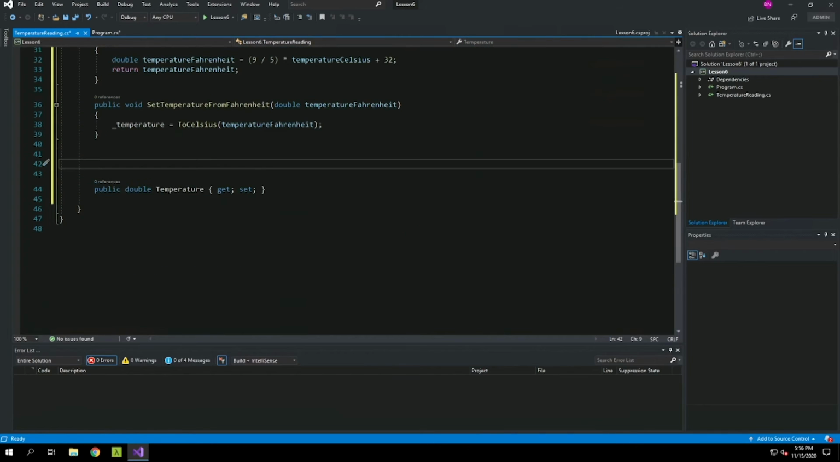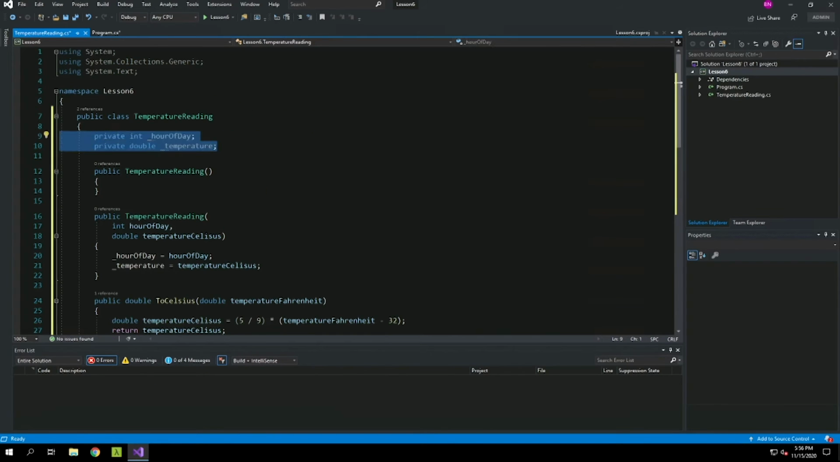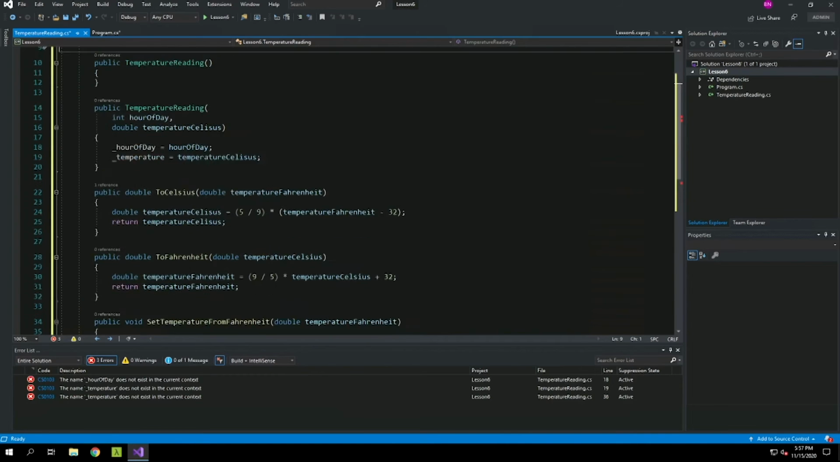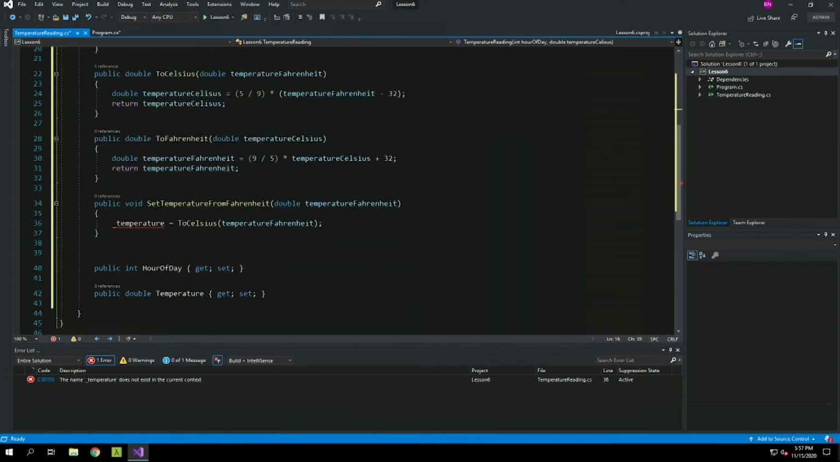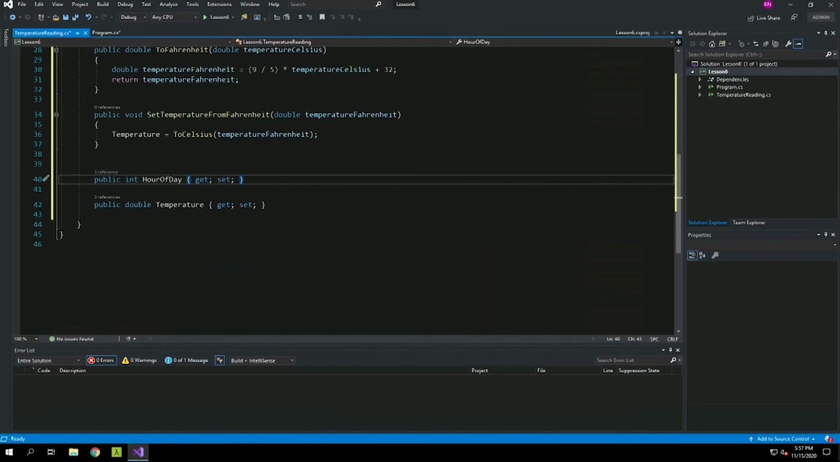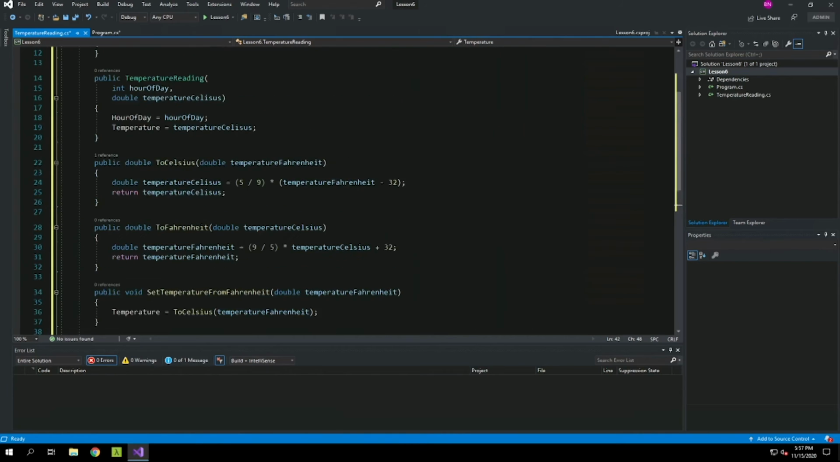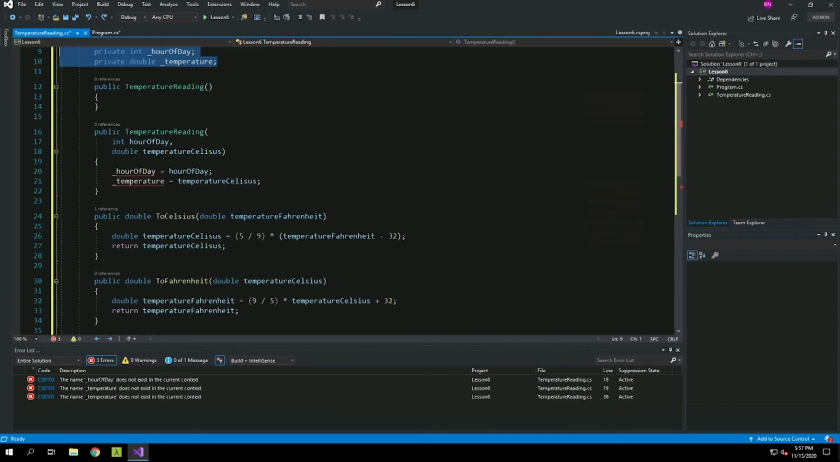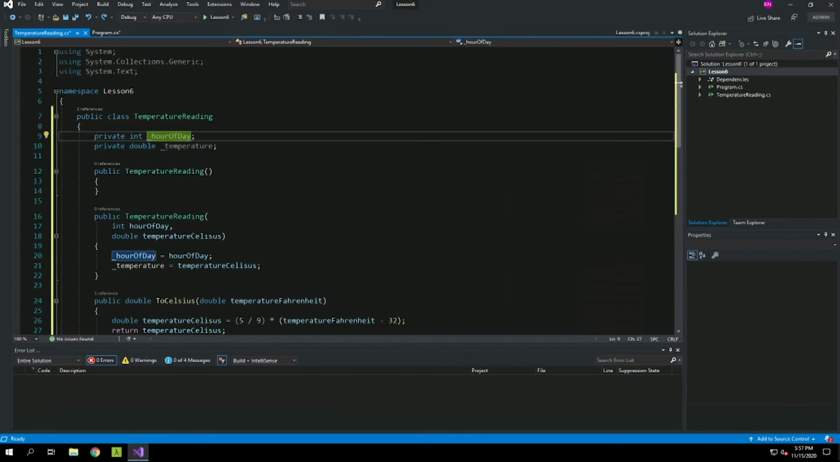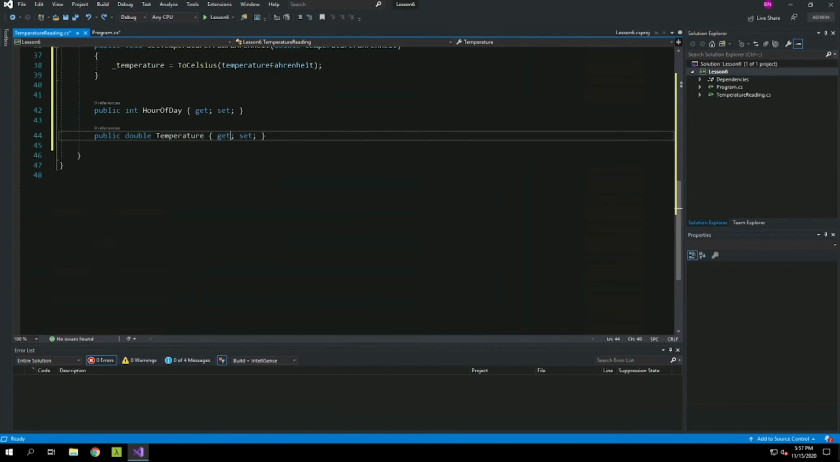So we're going to get rid of that other code. And we can also do int hour of day, get set. And we're going to get rid of these two internal variables. We are going to use those properties now instead. So we're going to set hour of day. Now there's an alternative. If we wanted to leave, I'm going to undo now. If we want to leave these as a variable, what we can do is